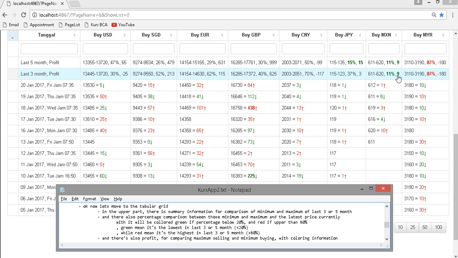And for profit also, I make it color. If it is bigger than 0, it will have color. This one is not bigger than 0, so it doesn't have color. This profit here is a 9 point profit. But in this one I don't have color because it's a profit, but it is 82%. So I could get more, let's say if the profit percentage of the current price is 20%, which means it is very low or very high. Okay, something like that.